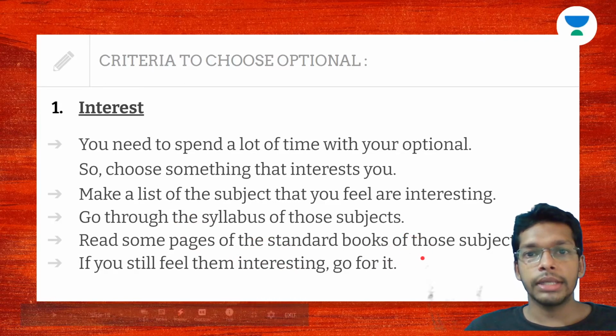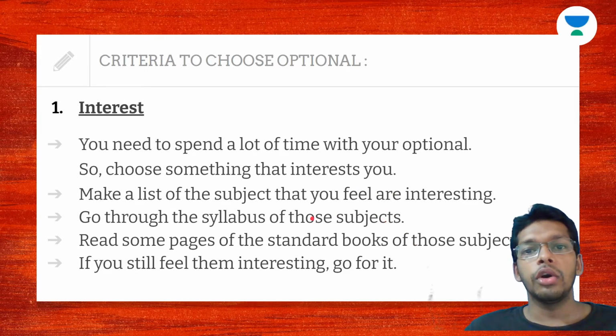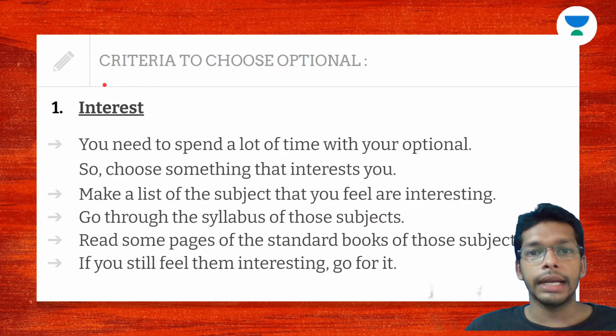Similarly, in your case also, after going through the syllabus and going through some pages, if you still feel the subject is interesting, then go for it. So this is the primary criterion in which you will be choosing your optional, that is the interest. Now,